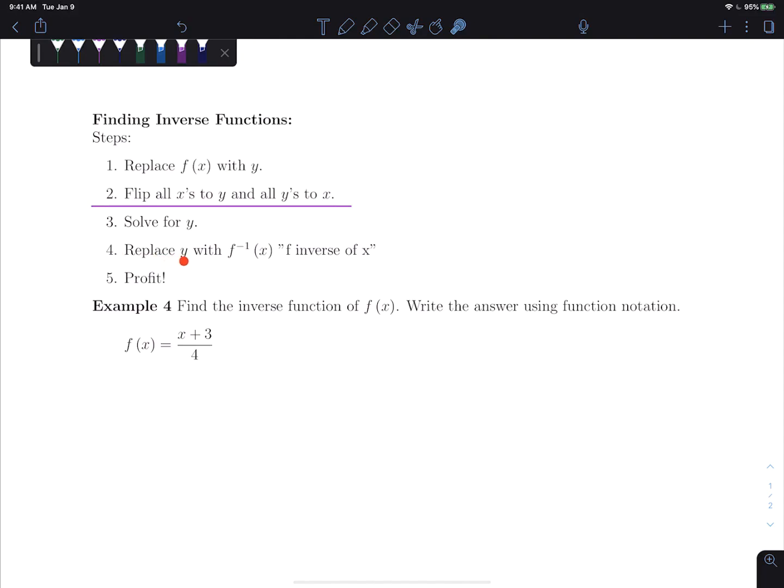The fourth step is to replace y with f inverse of x, and the last step, of